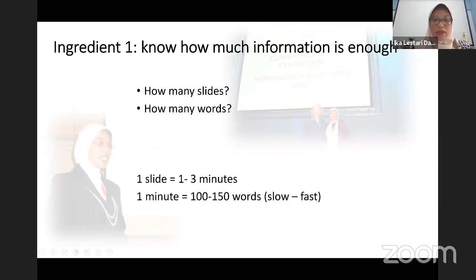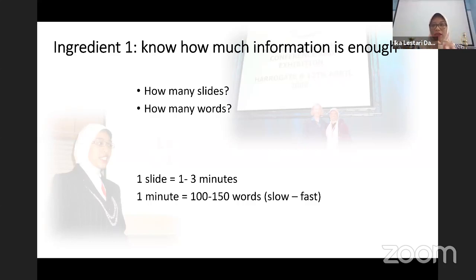in designing a presentation within very limited time like that, it's very important for us to decide how many slides we are going to present in 5 minutes. But we need to make sure that we can cover the whole thing about our research, just like what I mentioned earlier about research structure: I need to set up the background, I need to inform the audience why I need to do this research, how I did it, and why it's significant for my context. So deciding how many slides and how many words can be very significant for this kind of situation.